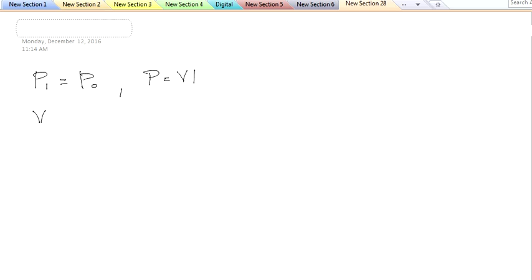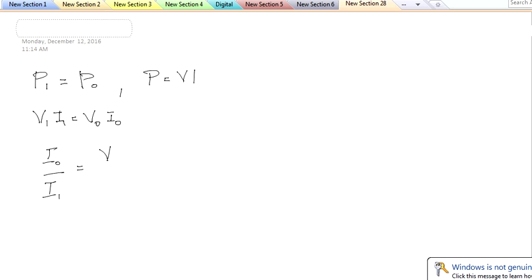So the input voltage times input current is equal to the output voltage times output current, and rearranging, the output current by input current is equal to the input voltage by the output voltage, which is equal to Np by Ns. Okay, now if you see this equation, you can see